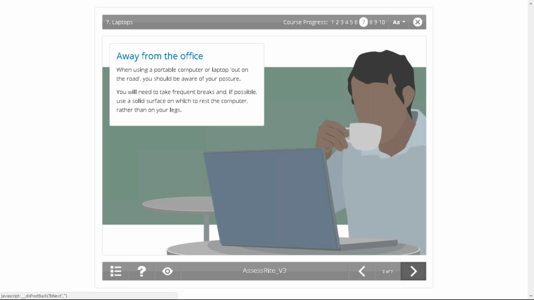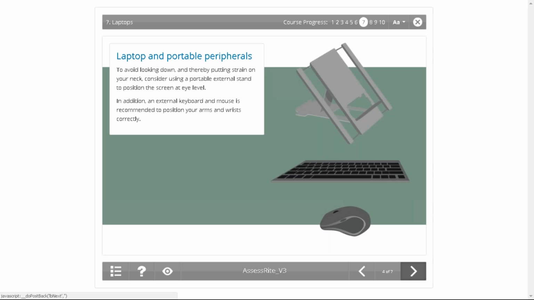When using a portable computer or laptop out on the road, you should be aware of your posture. You'll need to take frequent breaks and, if possible, use a solid surface on which to rest the computer rather than on your legs. To avoid looking down, and therefore putting strain on your neck, consider using a portable external stand to position the screen at eye level. I've actually got that exact one. In addition, an external keyboard and mouse is recommended to position your arms and wrists correctly. And if you have been using a laptop,